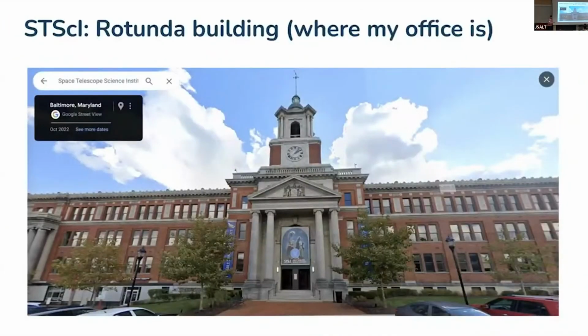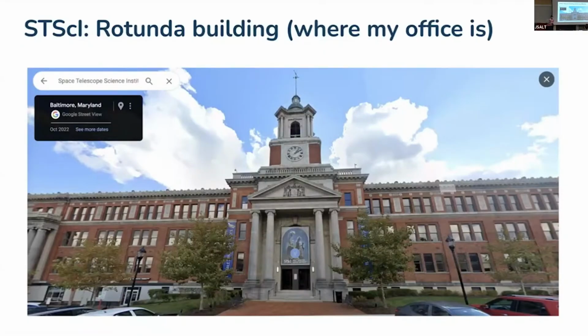Now, Space Telescope actually has a second building. So if you've ever ventured over to the Rotunda building over in Hampden, this is about maybe a 30-minute walk. You kind of go north of campus, and then you take a left onto 40th Street. And it's a pretty cool little plaza. They do a lot of fun things in that area. My office is in here as well. I think it's that window right there. And we have another couple hundred folks working there.